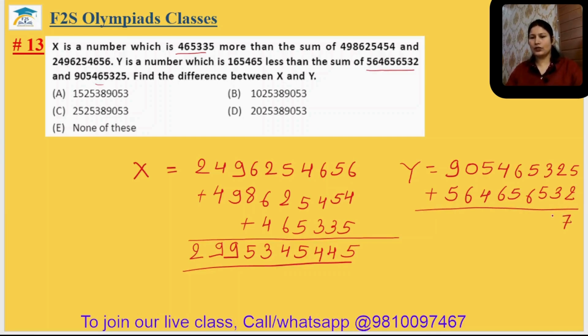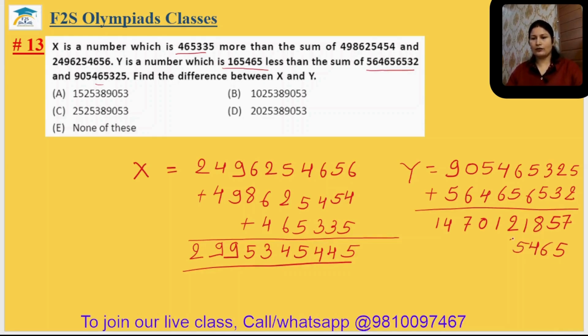5 plus 2, 7, 3, 2, 5, 5, 3, 8, 6, 5, 11, 6, 5, 11, 12, 6, 4, 10 plus 1, 11, 9, 10, carry 1, 6 plus 1, 7, 9, 5, 14. Now this is less than, so we have to subtract it. It will be your 564.